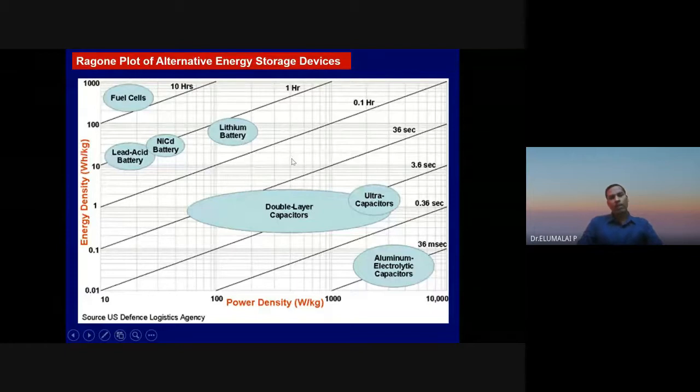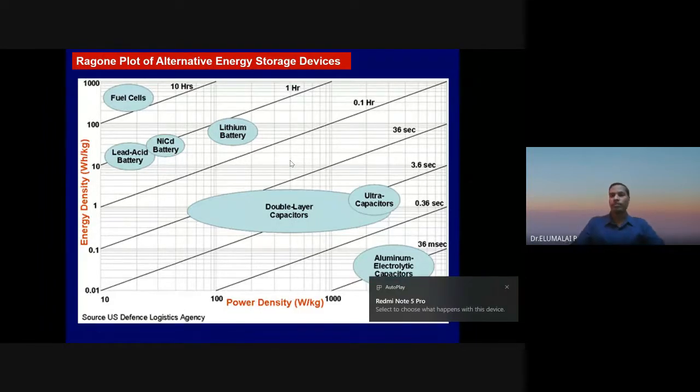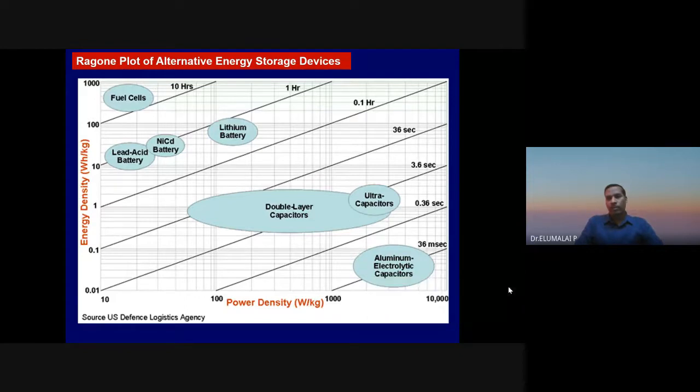Whereas if you require moderate energy density and moderate power, maybe for powering your smartphone or your laptop or camcorder, then batteries will be fine. But still, even in a mobile phone or laptop or any other consumer electronics, to start the system, it may not be powered just by the batteries. You may also require auxiliary power, and that can be supported by the supercapacitors.